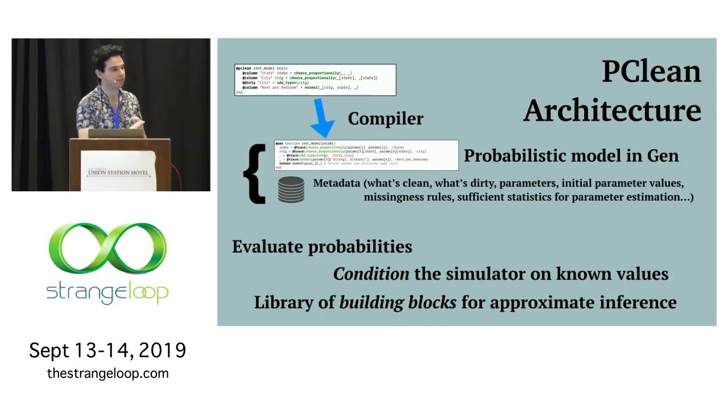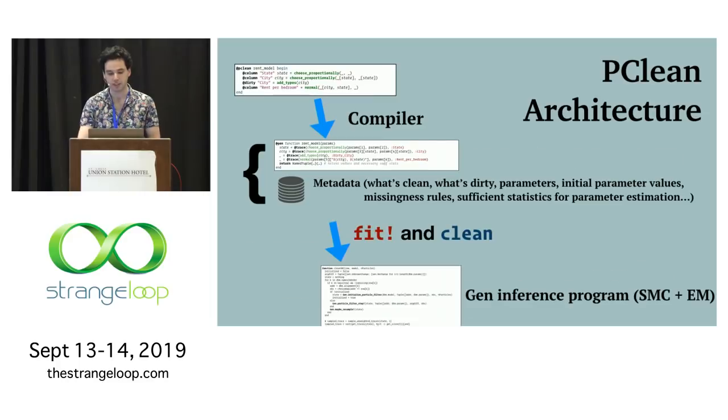And this is something that couldn't have been done until very recently, because for a long time, probabilistic programming languages were just push button, just like Pclean is. You specify your model, you say infer, and you hope that the algorithm can handle your model. In Gen, instead, it gives us a library of building blocks where we can construct our own inference algorithm, and the inference algorithm behind Pclean is making use of that.